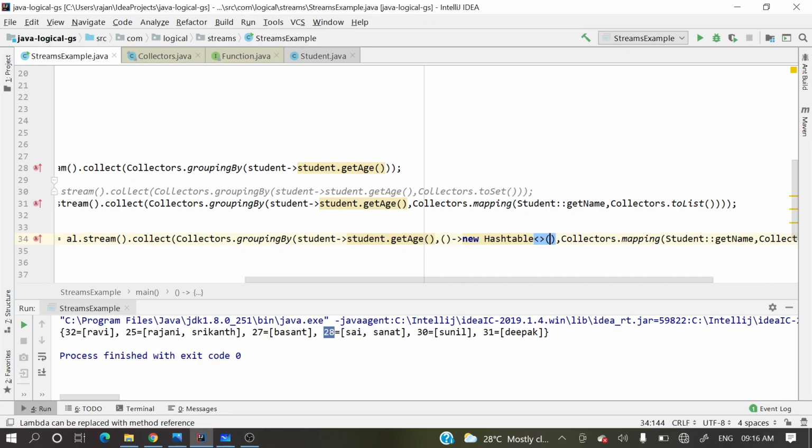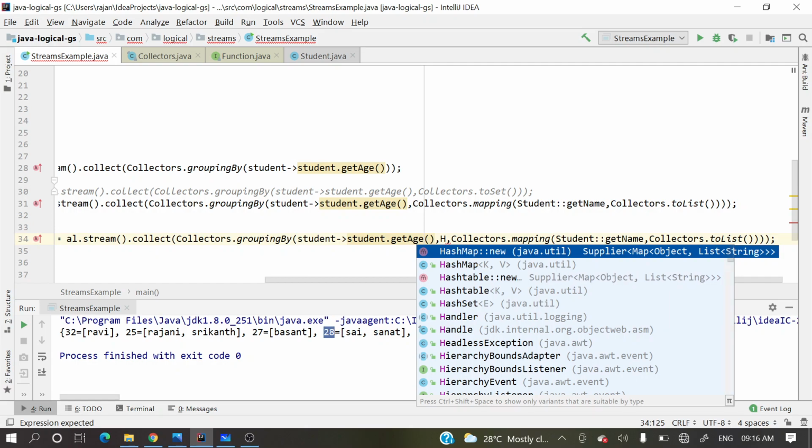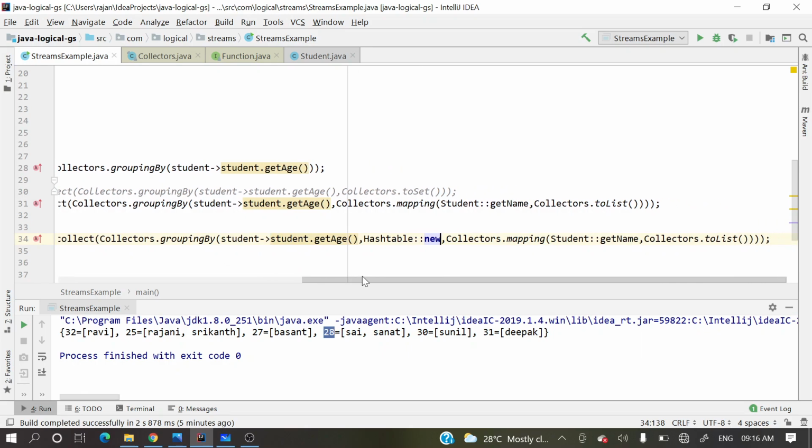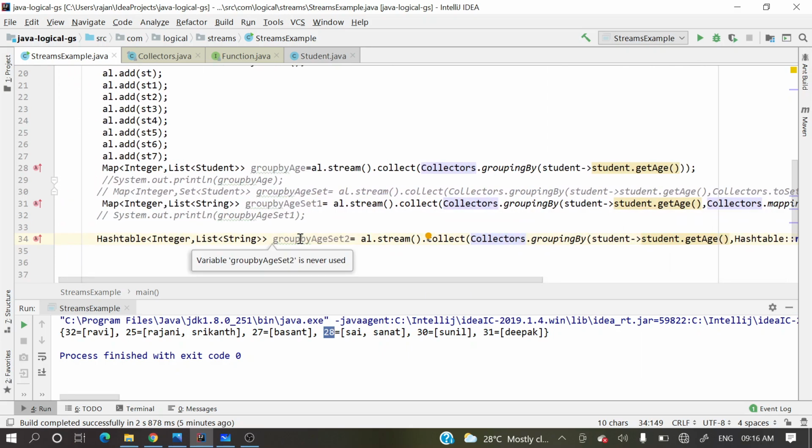Like this also you can do, right? So instead of this one, I am passing one method reference over here, Hashtable, this one, right? So this is nothing fancy. Already we have gone through this with the function as age, then the supplier function, and then the collector, right?